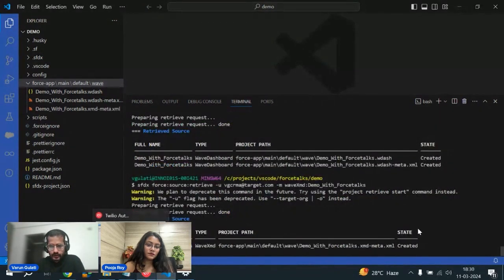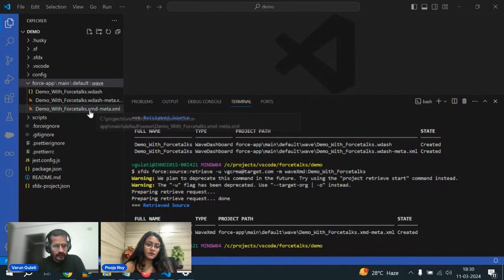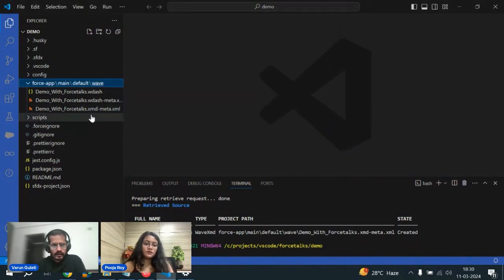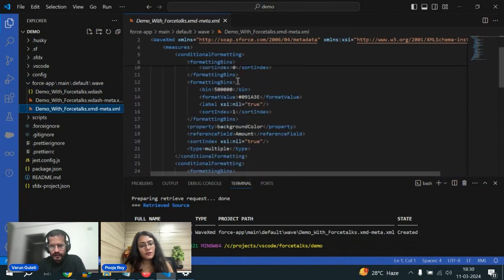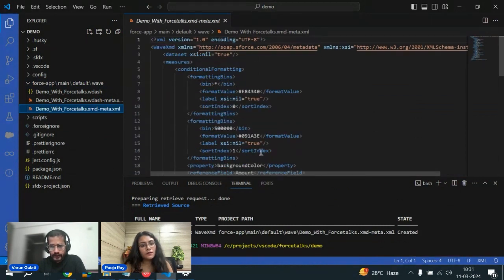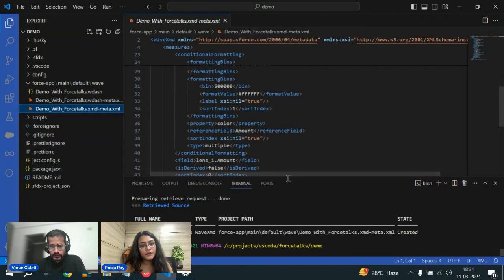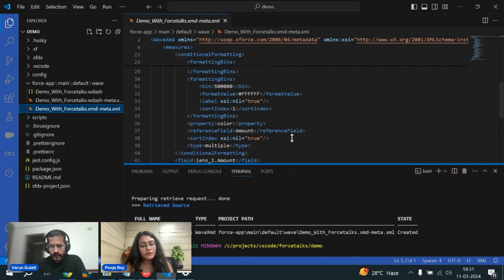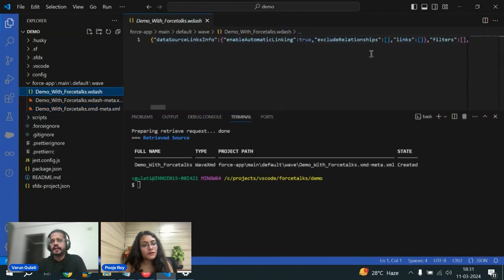If I share the XMD, you can see this is the color coding and everything, but this won't be there in the dashboard.